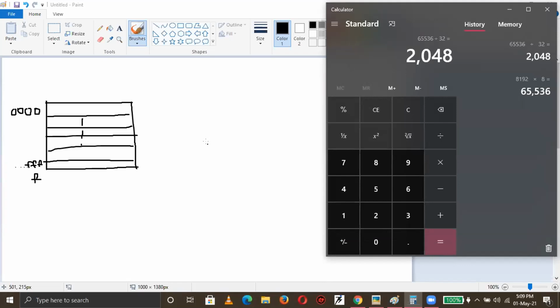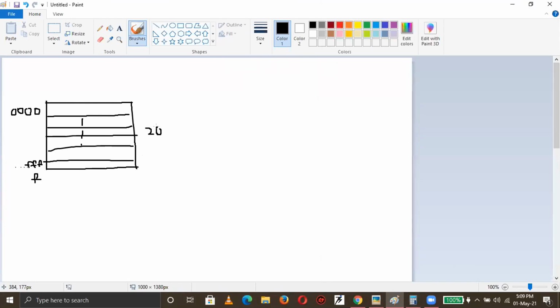The table, the memory that you see. I have not asked him to segregate this into bits, rows and columns. Assume each location has 32 bits. Just in the interest of time, I have not asked him to draw bits also. So the first location is the 0th location till the 2047th location. Just mark 2047 somewhere in between.